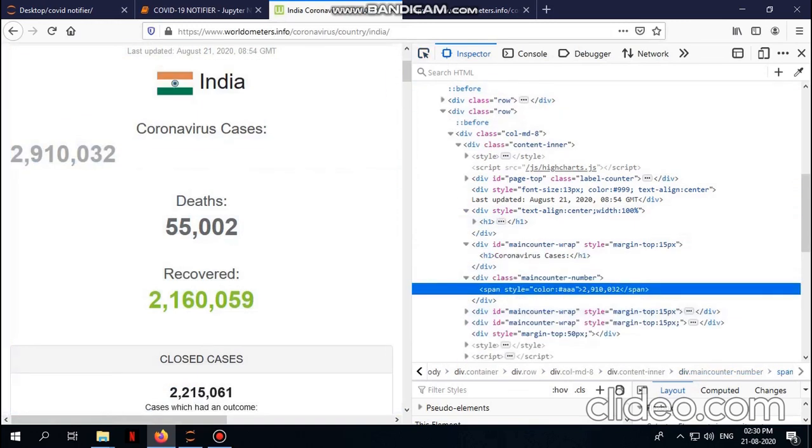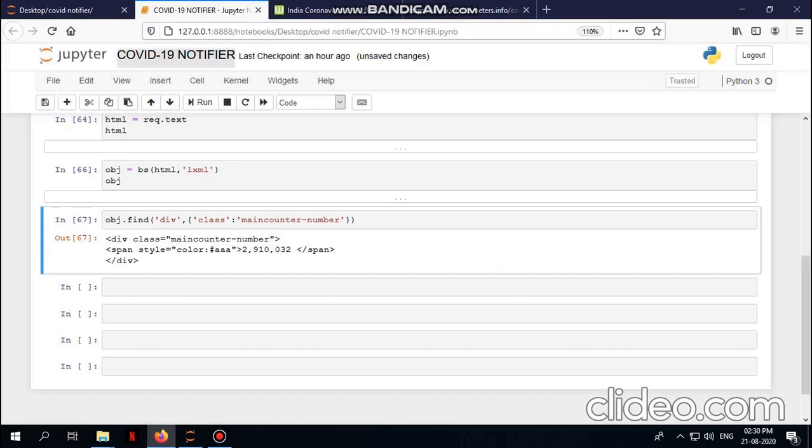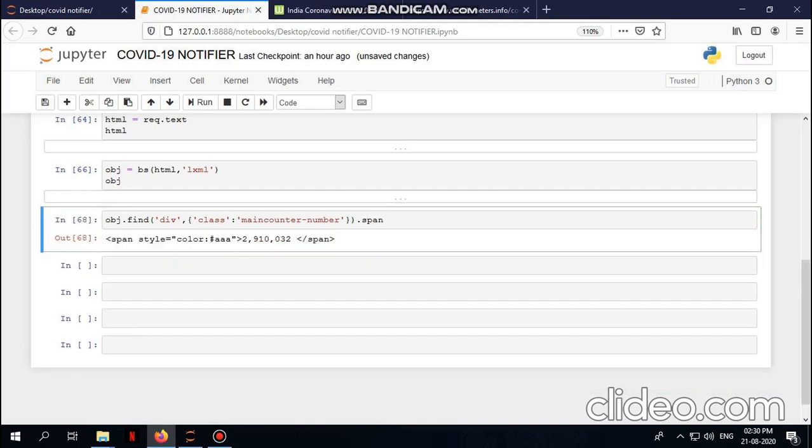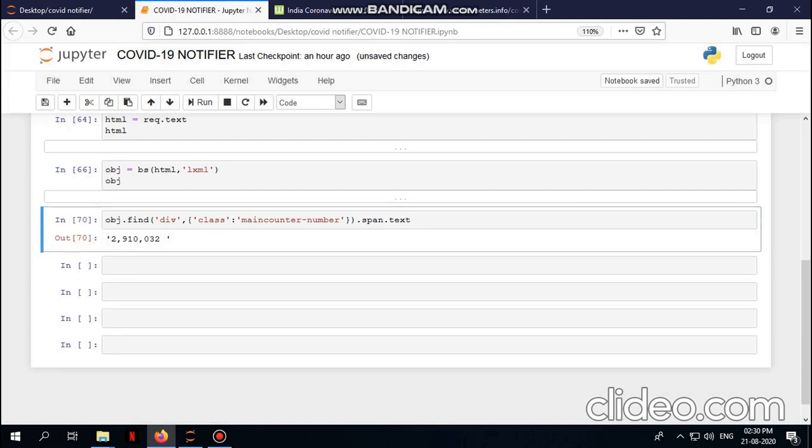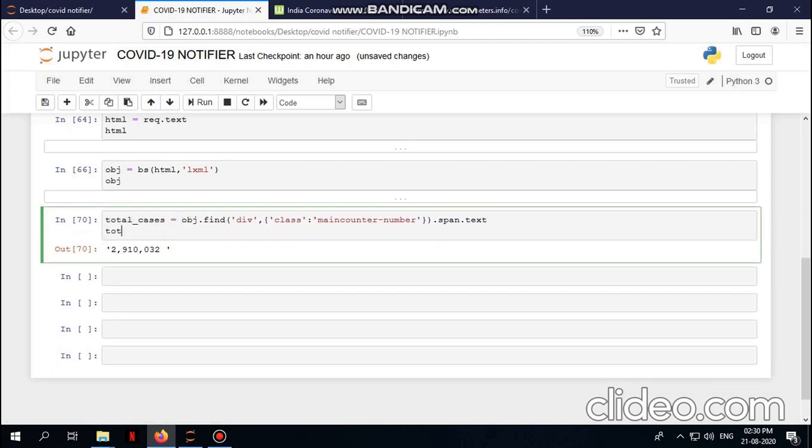As we can see here, the text which we need is inside the span tag. So we'll pass .span. We got this. Now we just need the text data, so if we do .text, we'll get the total cases. Okay, so I'm going to save this in a variable. I got my total cases.